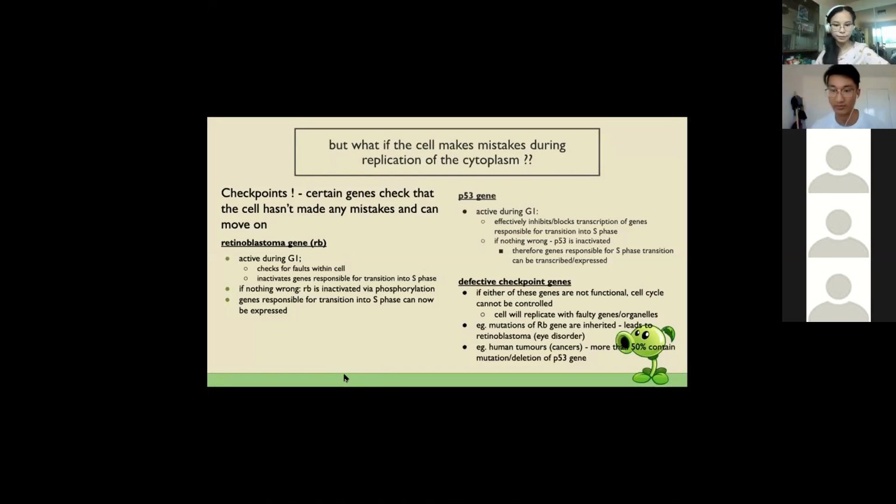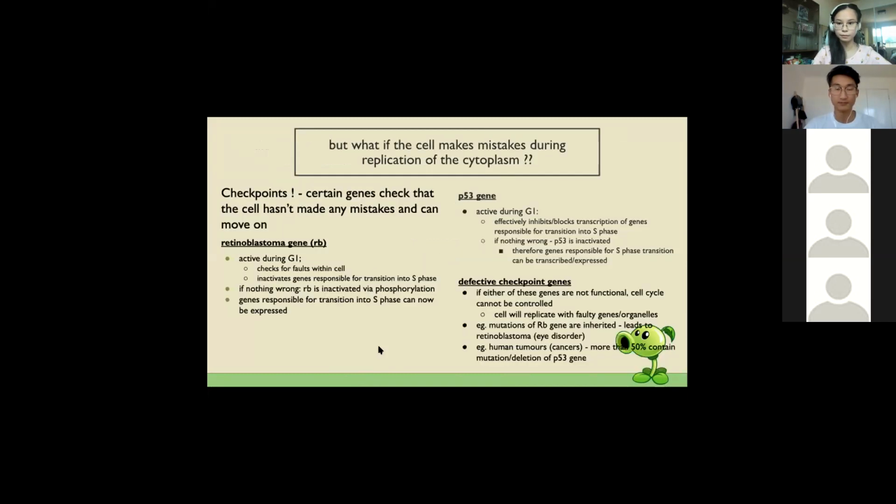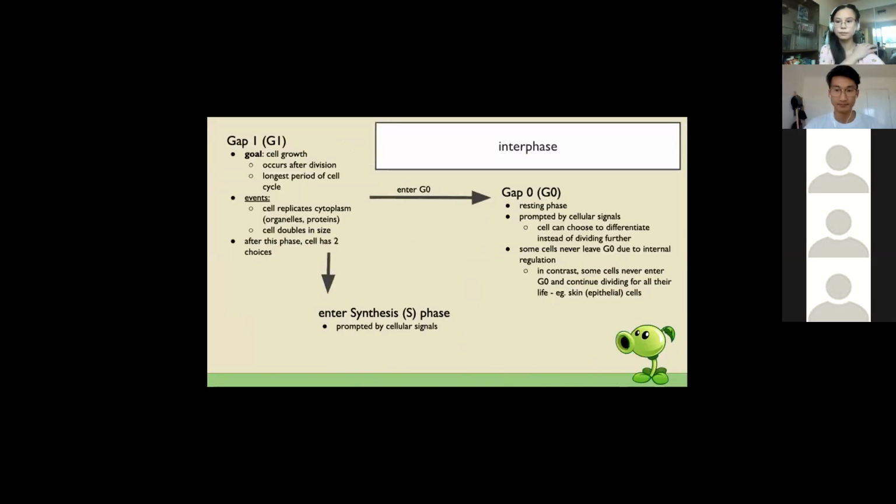What's an example of a cell that never goes on to divide? I'm pretty sure nerve cells always stay in G0 from my knowledge. So nerve cells actually never divide or replicate. Once you lose a nerve cell, we can't replicate it. That's why people get paralyzed. So essentially, I would say nerve cells. That's one example.